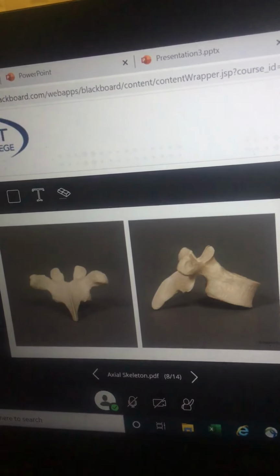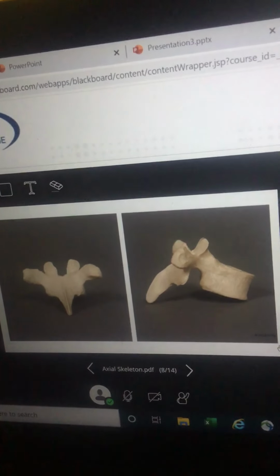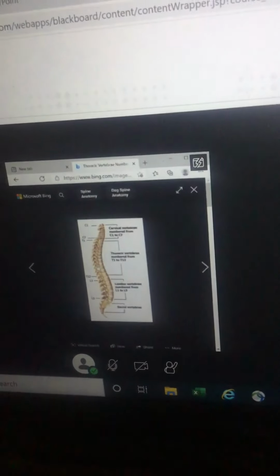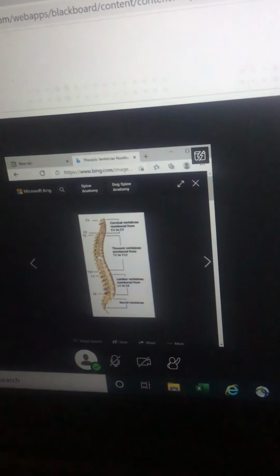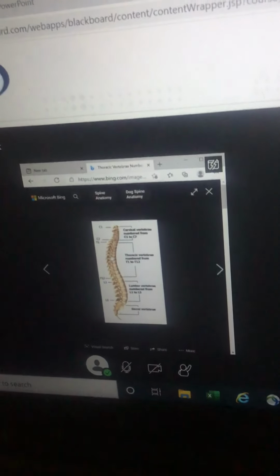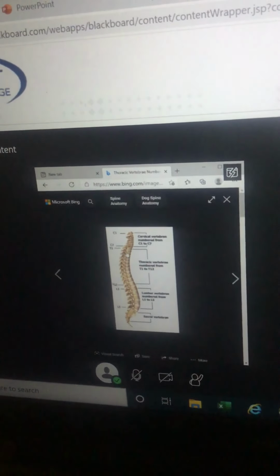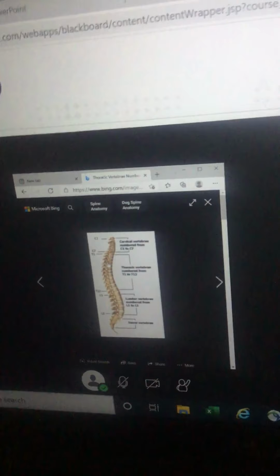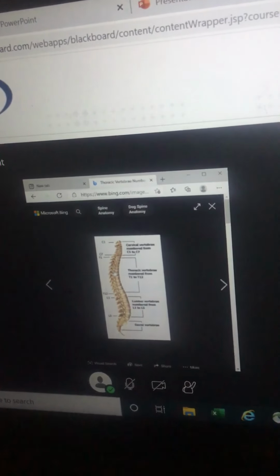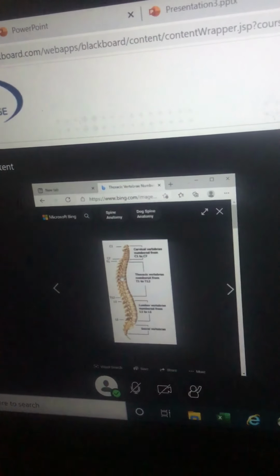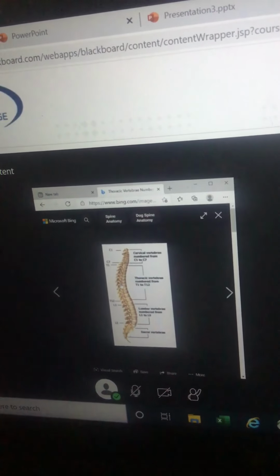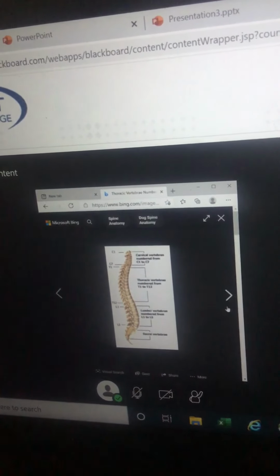When you shingle the spine, you can see these holes at the back of the spine. There's one in between each vertebra, and you can see how they just run the spine. This is the intervertebral foramen. Each of these little holes, and they are made up of,